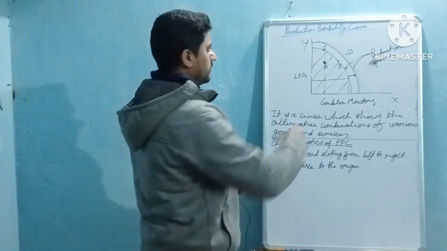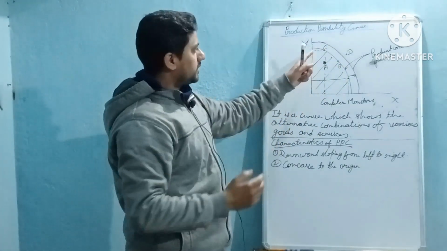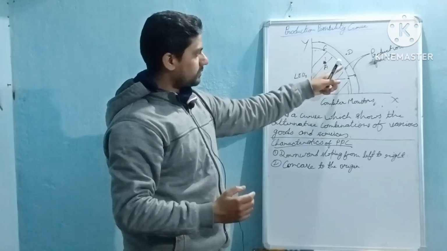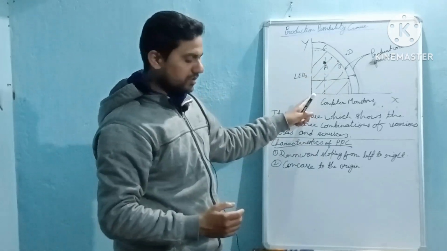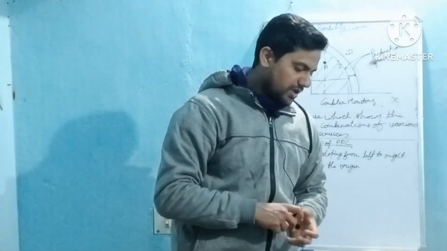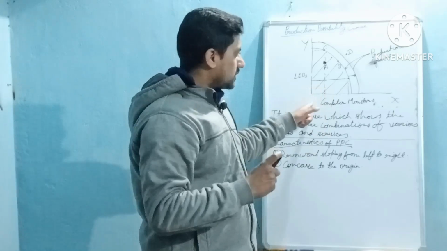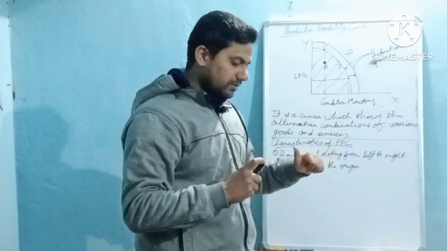Concave to the origin. So this curve is concave. Concave means the concave part is towards the origin. So what does it imply? This implies that the marginal rate of technical substitution,